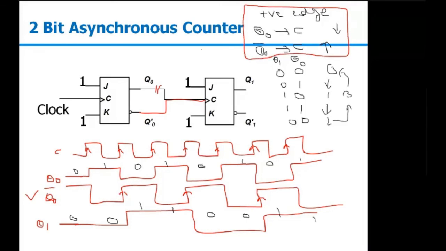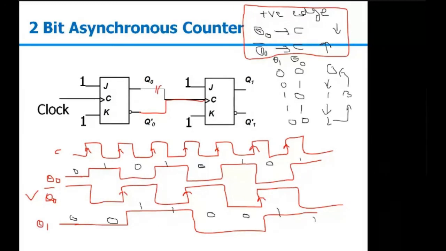So if you want to design a 3-bit up counter, we will have 3 flip flops, J0, K0, J1, K1, J2, K2. Q0 bar will be the clock of the first flip flop, Q1 bar will be the clock of the second flip flop, and so on. Similarly, for a 3-bit down counter, Q0 and Q1 will act as the clock of the next stage. Right now we are talking about a simple up counter and down counter.